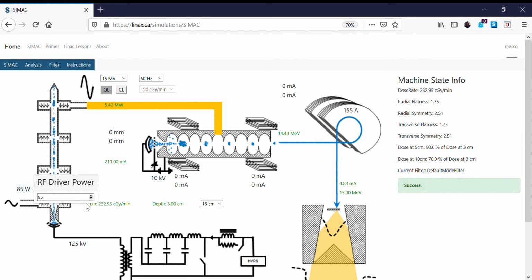Now our dose rate is going to drop a little more. The reason the output power of the klystron drops with an increased RF driver power is because the klystron is beyond saturation. And so now we have a lower RF power coming from the klystron, which means less ability to accelerate electrons. So the electron energy coming from the accelerator has now dropped to 14.43 MeV. If you recall, we started at around 14.75 MeV, which means a reduced current at the target and a reduced dose rate. And finally, if we go all the way now to 100 watts,